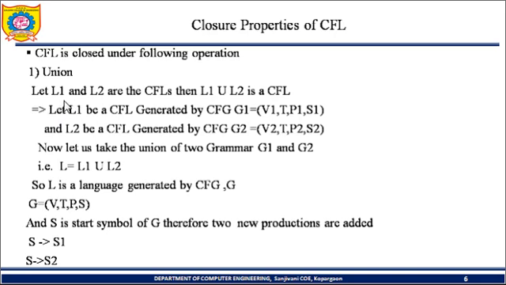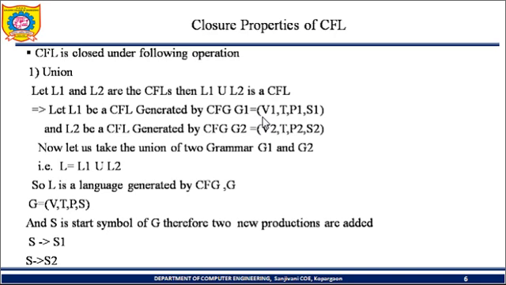Means, is the union of these two languages also a CFL or not? Let L1 be a CFL. L1 is a language which is a CFL and generated with the help of grammar G1, where G1 is represented with the help of a four-tuple V1, T, P1, S1, where V1 is the set of variables which are required to generate the grammar G1,